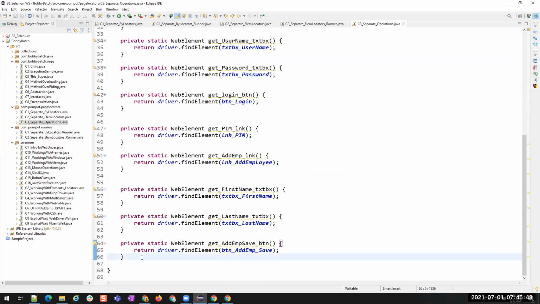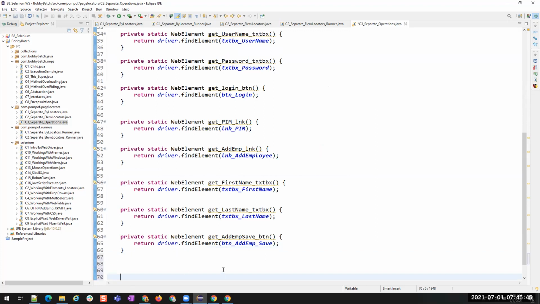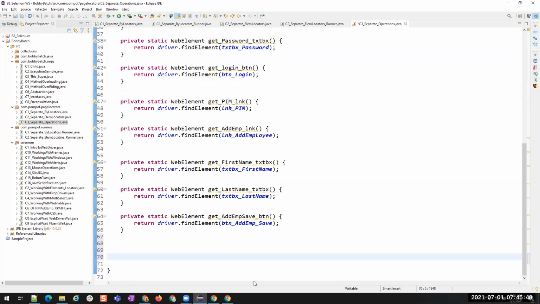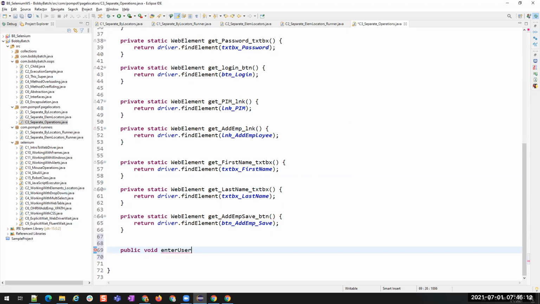Now, instead of using these methods, the last level is to have the operation also separated. To separate it, I'm going to write some public methods. Public void enter username.